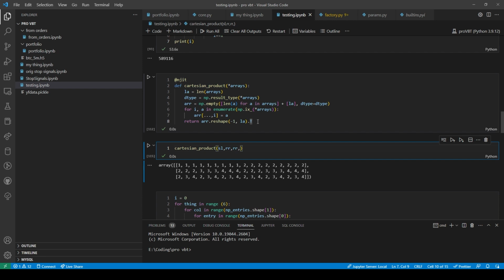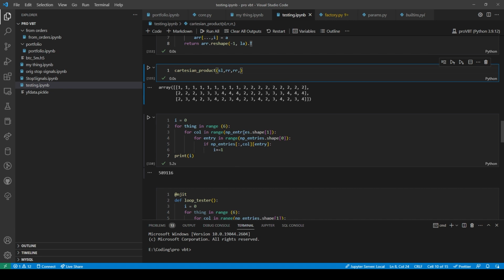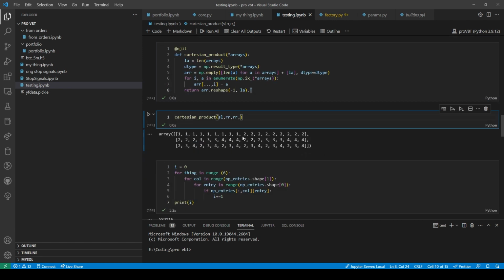Oh, there it is. All right, so we know how to do this. We know how to do this. We know how to do this. So now all we have to do is put all of this together and have it make sense.